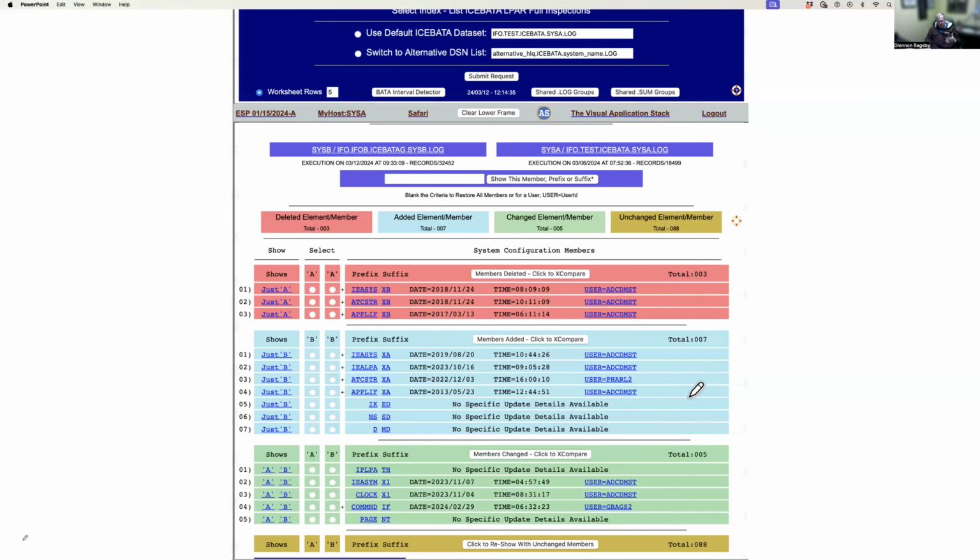So there's an intelligence built into the comparison as well. And this can be done again over time or across SYSPLEXes or across multiple LPARs, all kinds of different combinations